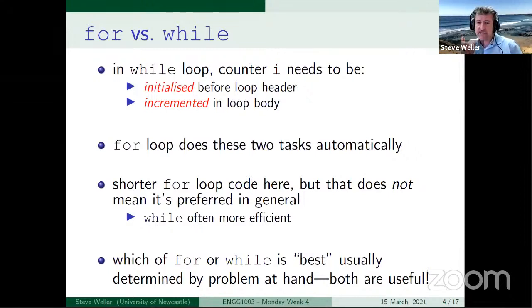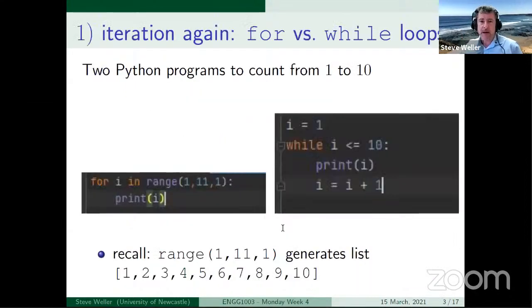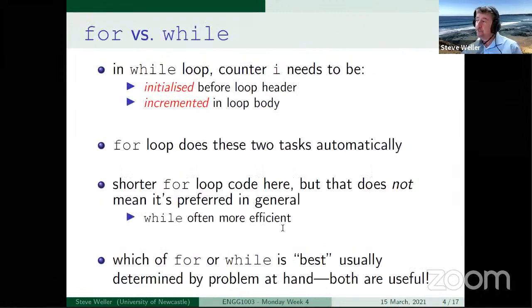So that's why I say you should have the ability to write both types of code as part of your programming skill set. One is not to be preferred over the other. It depends on the problem. And sometimes it's even more subtle than that, because it's only by taking on the problem that you really understand the implications of what would be the choice, why you would choose for over while or while over for.